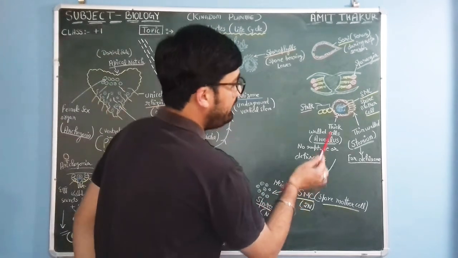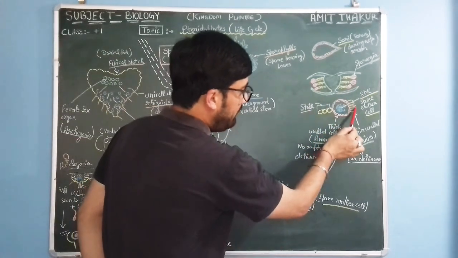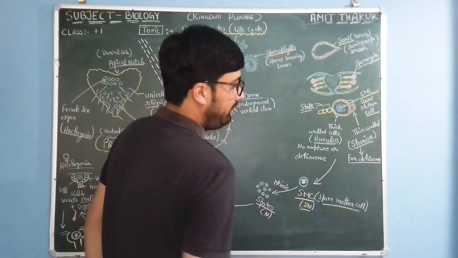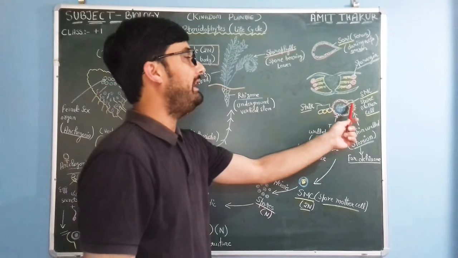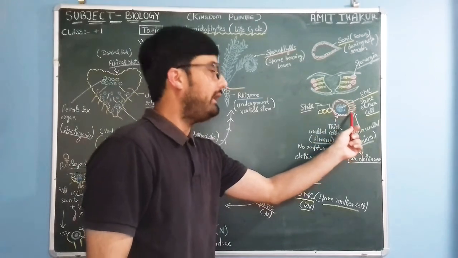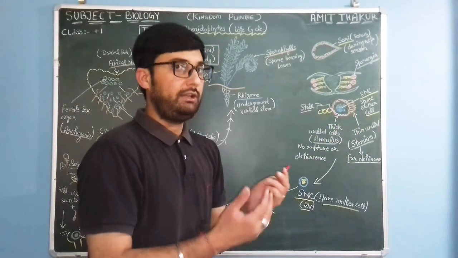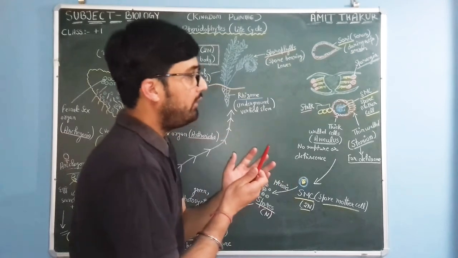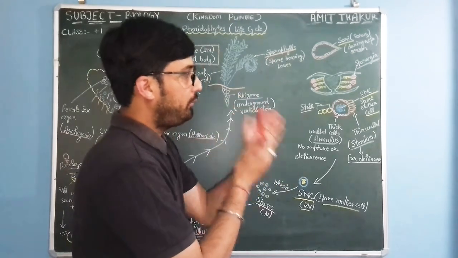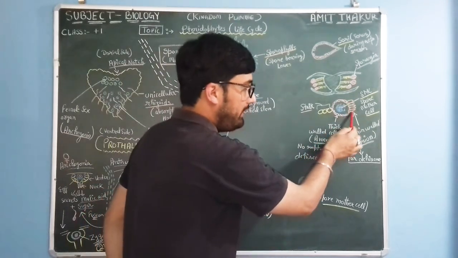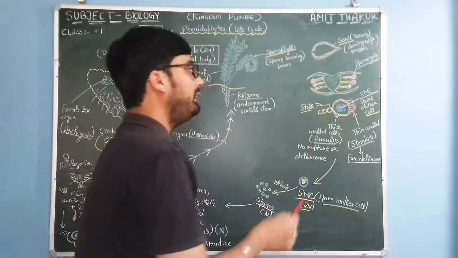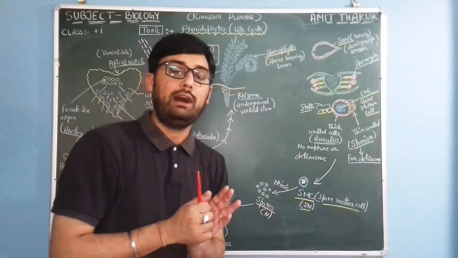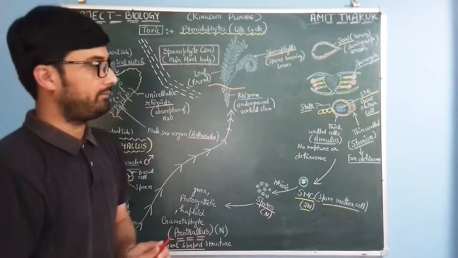But on the other hand, these thin walled cells are also present over here, known as stomium, and these cells are known for dehiscence or rupturing. Actually, the rupturing of this sporangia takes place from here where these thin walled cells are present, and right from here spores are released. Okay,